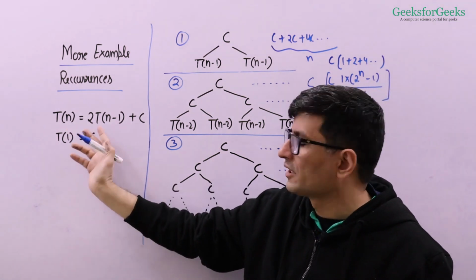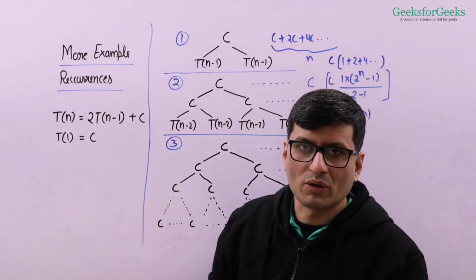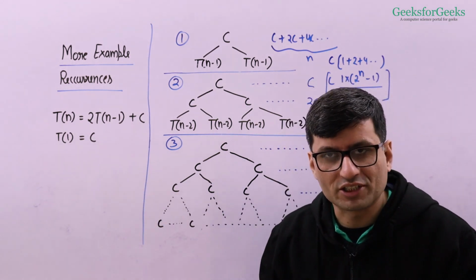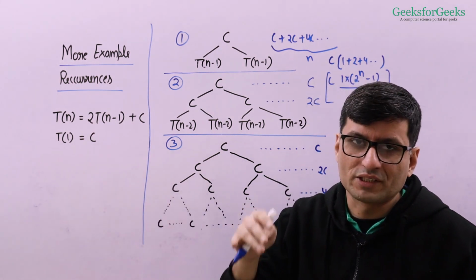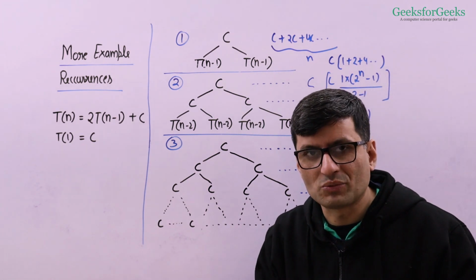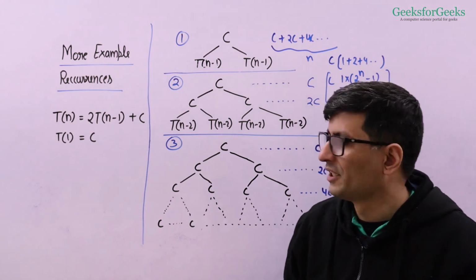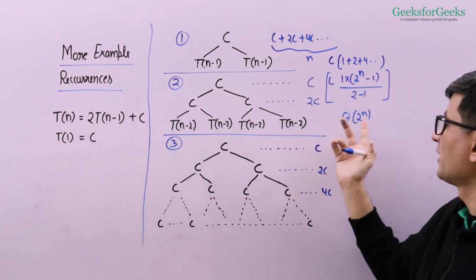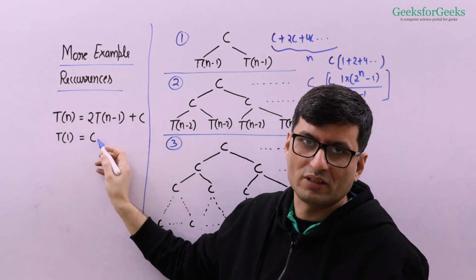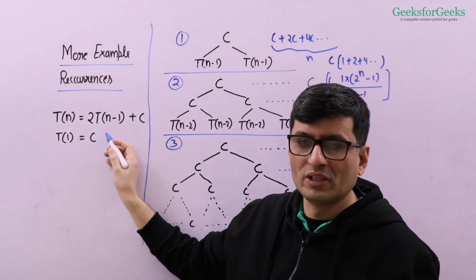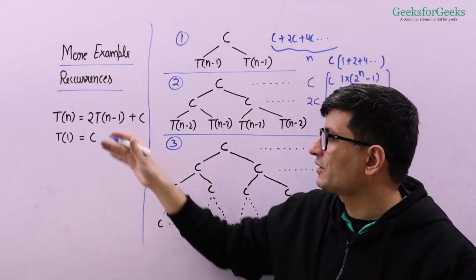And this recurrence you find in the Tower of Hanoi problem. In the Tower of Hanoi problem that we have discussed in recursion, we first recursively call for n minus 1, then we recursively call again for n minus 1, and we do constant extra work. So that's the expression we get, and we get this value. And again, these C's would be different in an actual scenario. They would be C1 and C2, but you will get the same value as the value of this recurrence.